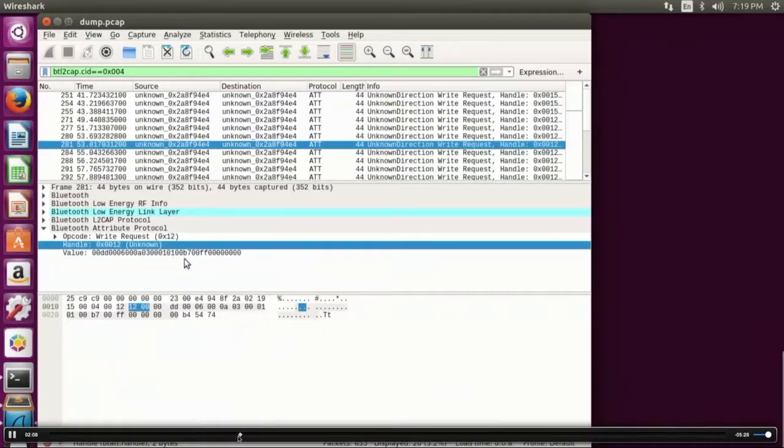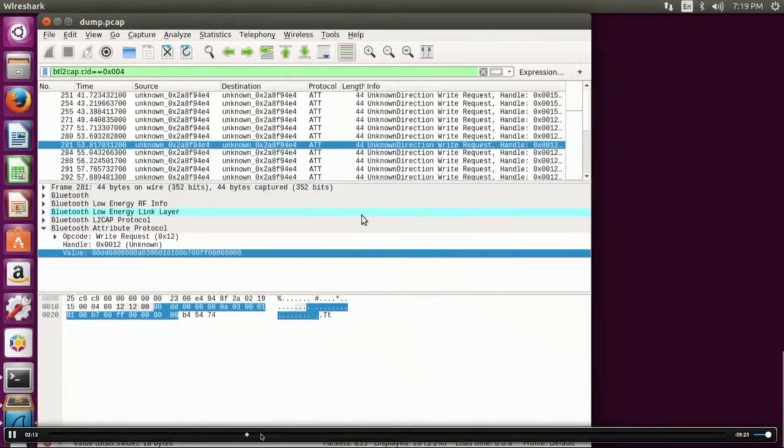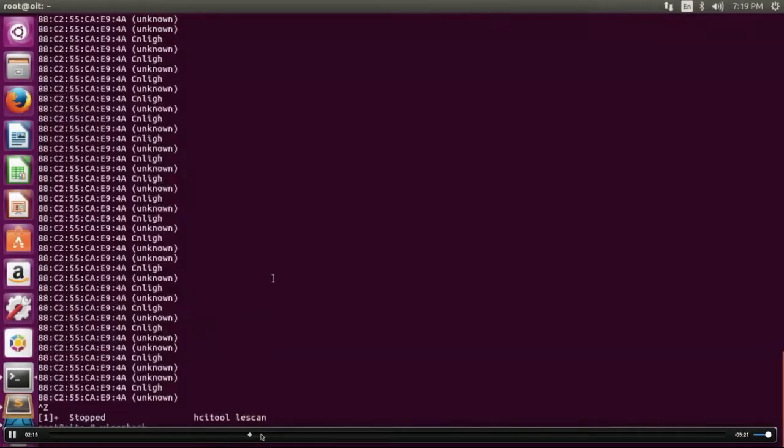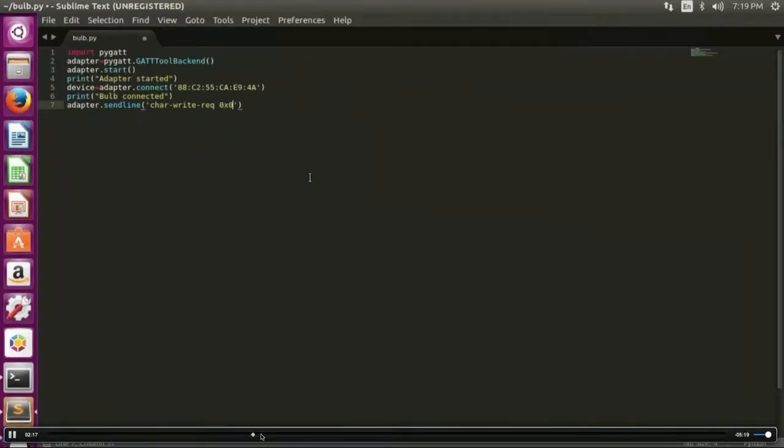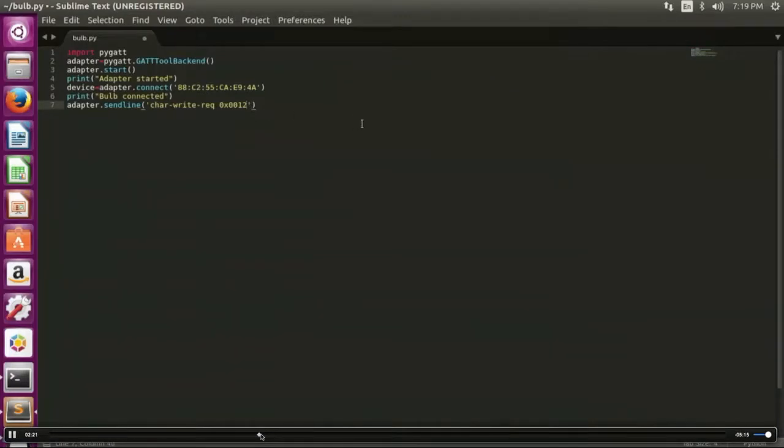If you look at the Wireshark packet capture, which we did using Ubertooth, you figure out that it is writing these values to a specific handle. Once you figure out that this handle is 0x0012, you can simply write your own values. In this case, it's simply turning it red, green, and blue. All of these are RGB values, so simply modify it, and you'll have this as red and green and blue.